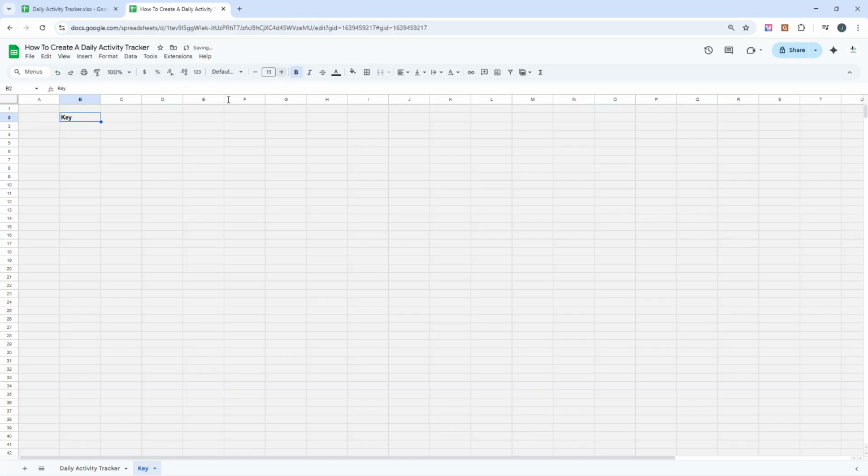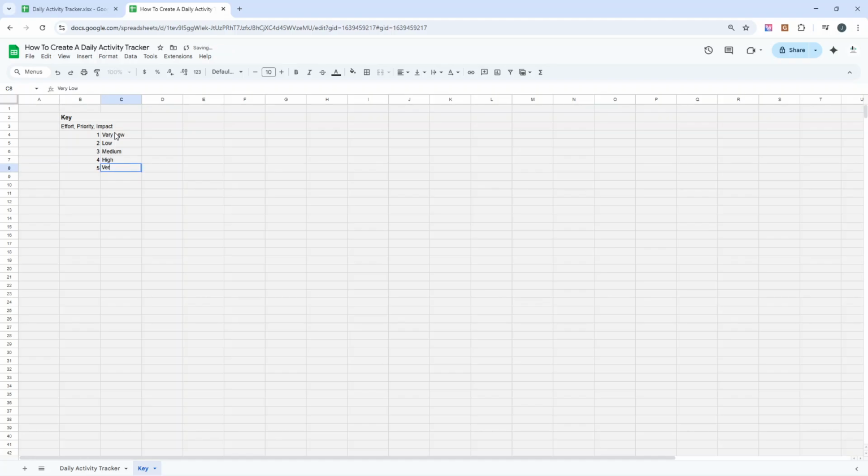So what I would essentially do here is call this key, and I would say something like effort, priority, and impact, and then I'd state the numbers. So 1, 2, 3, 4, 5. And basically what we're doing here is just describing what all of them mean. So what does 1 mean? Well, you can do this however you want to work with numbers. 1 could be low, so low effort or low priority or low impact, or it could be high. Depends which way you want to round it. But actually, what we're going to do is very low, low, medium,